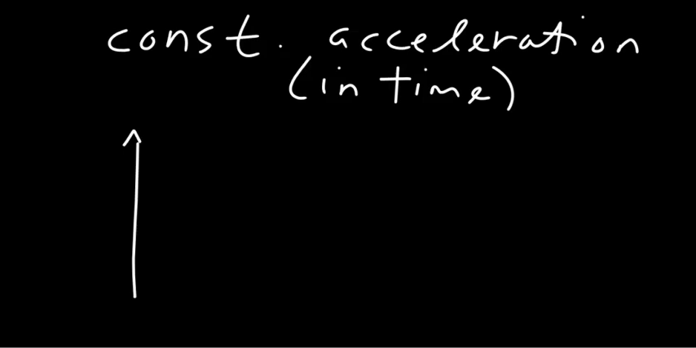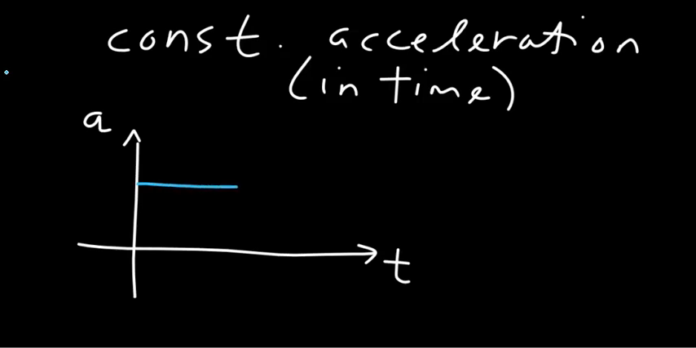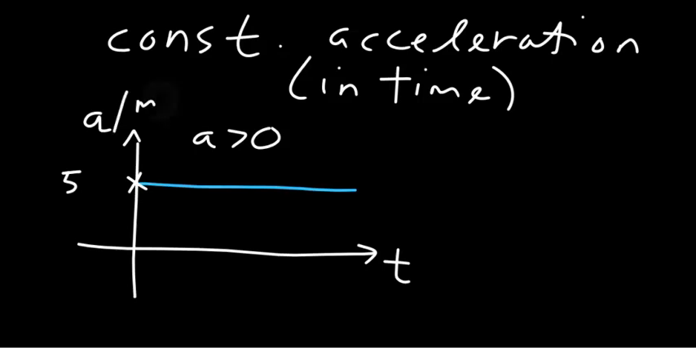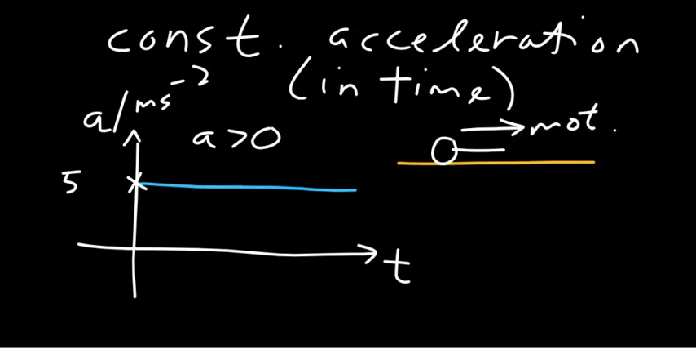That means if we were to plot such an acceleration with respect to time, we would end up with such a graph. Of course, this is assuming that the acceleration is positive. For example, let's say its value is 5 meters per second squared. What that means is the object that is moving with positive 5 meters per second squared acceleration, if the motion is to the right, that means the acceleration is also rightward. So the object speeds up